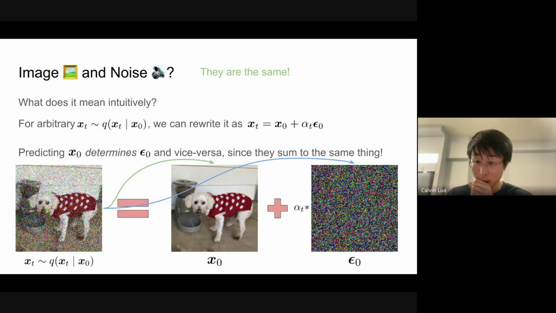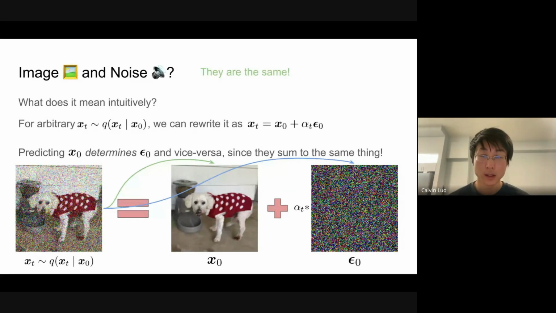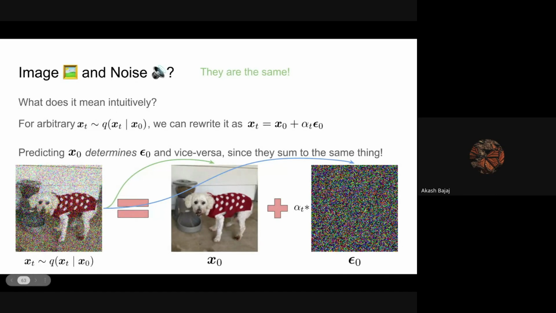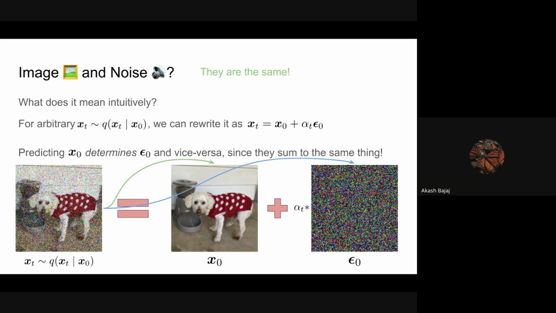Yeah, Akash? Just a clarification question. On the previous slide, in this case, when you're trying to predict the noise, do we still need the t as the input? We do. Yes, because let me put it this way. xt was generated from x0 and a fixed epsilon 0 with a scale of alpha t. I'm just curious, would it be possible to do it without? Yeah, I mean, sounds like not, but